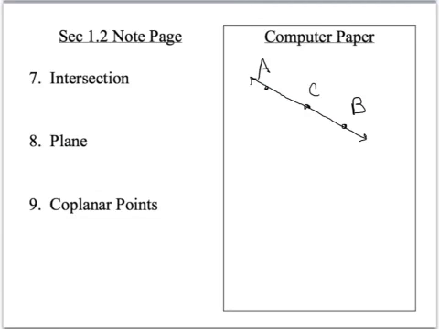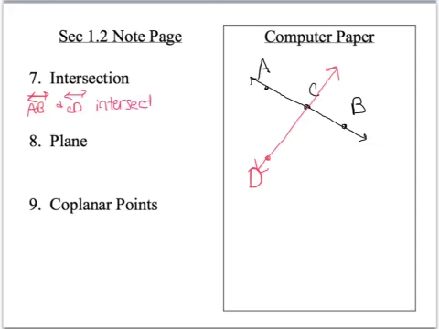Okay, now let's draw another point on your paper, anywhere you would like, but it cannot be on line AB. So I'm going to put point D right there. I want to draw a line that connects C and D. But remember, I'm drawing a line, so my line needs to extend past C and past D. There's line CD. So I would say that line AB and line CD intersect